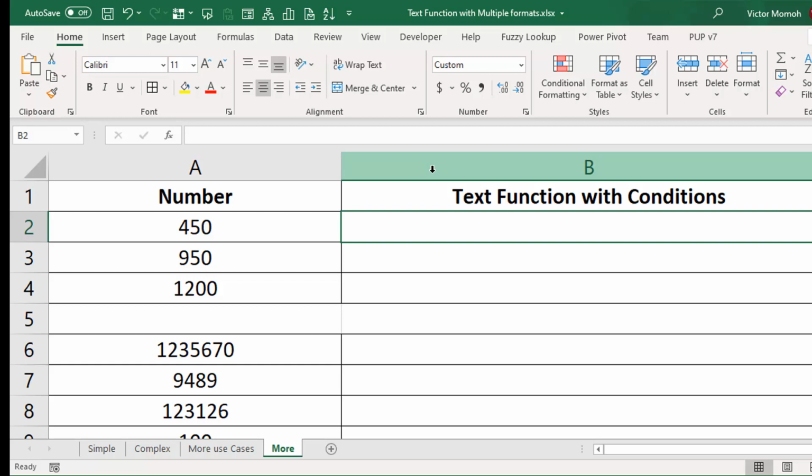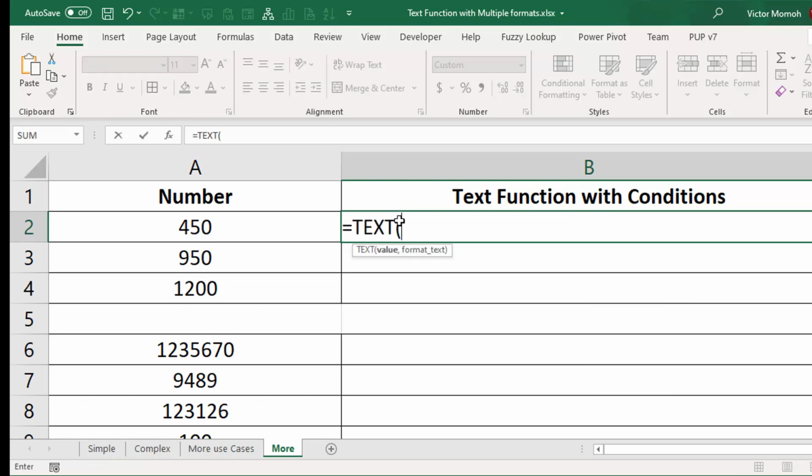So what I want to do for this one is just a simple case where if it's greater than 1000, format it this way. If it's greater than 500, format it this way. Otherwise, I give it a different format. When you test this, you realize that you can't have more than 3 conditions. Essentially, 2 conditions and a third, which is for any value that doesn't pass those other two. So, in simple terms, you're just going to have text, select this cell,